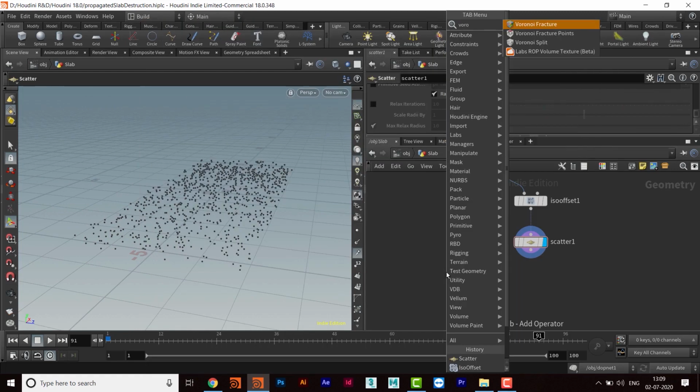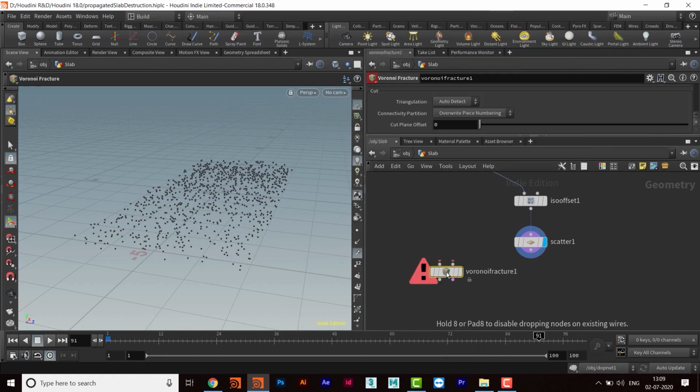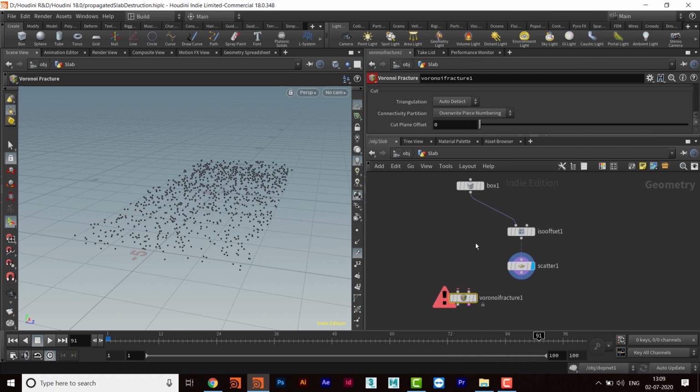I will take Voronoi fracture, and I will also take the slab a little bit higher than the origin.